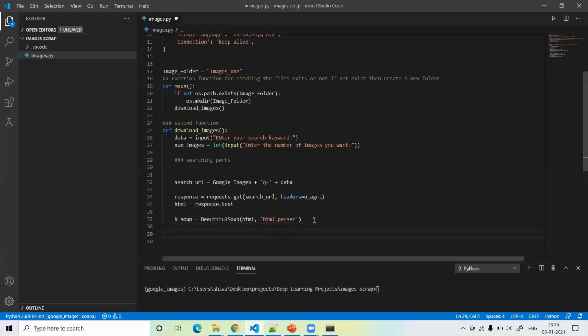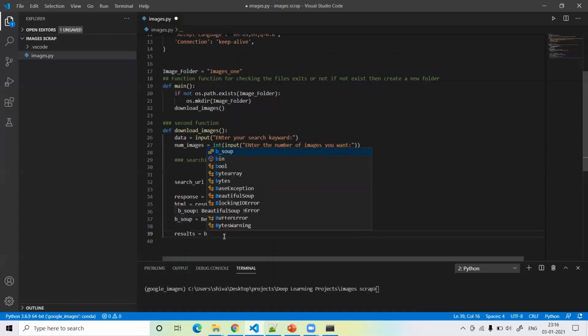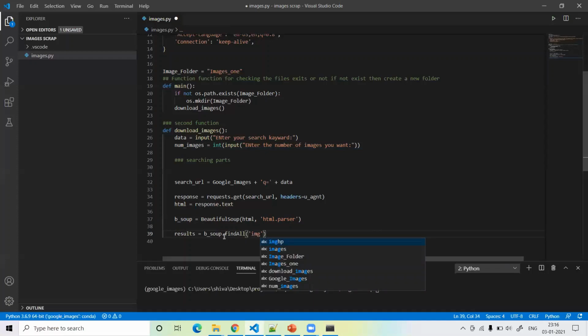After that, we have to search Google and find the response. Then we define the BeautifulSoup using the HTML. Next, results: what do we want to find out? So results equals BeautifulSoup, we take this data and then find all images from our website, from our searching URL, guys.